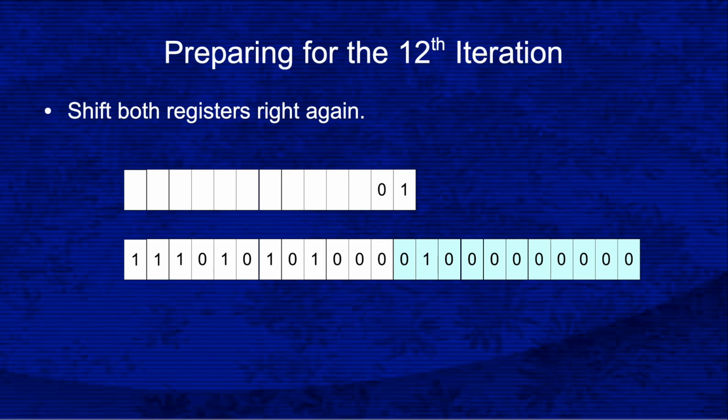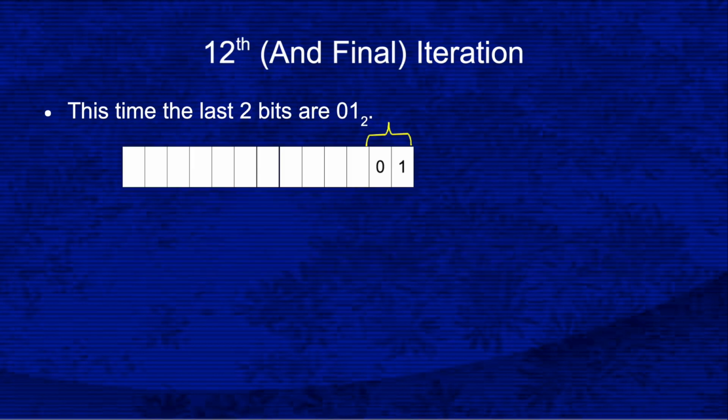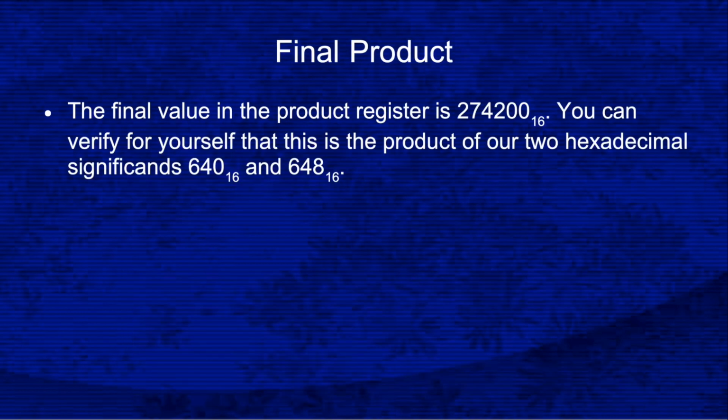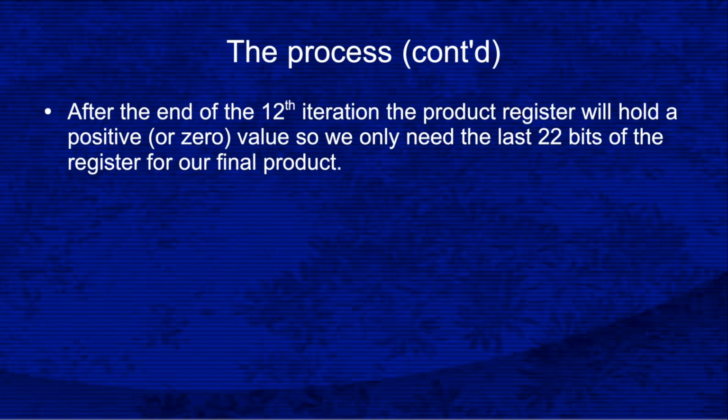One more time we prepare for the next iteration by shifting the multiplier register and the product register right 1 bit. For the final iteration, the 2 least significant bits of the multiplier register will be 0, 1. So add the multiplicand to the 12 most significant bits of the product register. Finally, when we finish the 12th iteration of Booth's method, the product register contains hexadecimal 274200. Since this is the product of 2 unsigned integers, we can strip off the sign bit to get our 22-bit